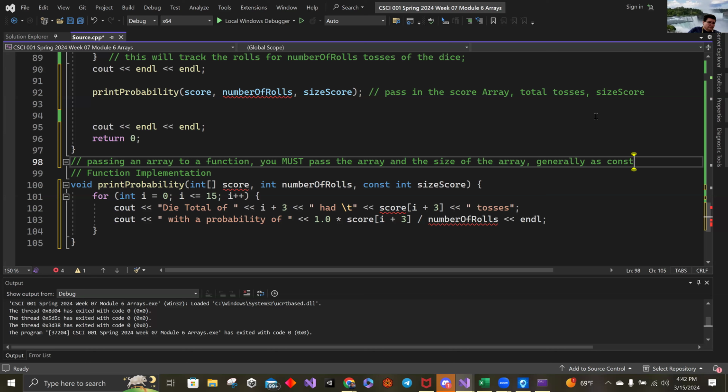I don't like how the arrays in C++ do kind of have a length feature, like a dot size feature, but